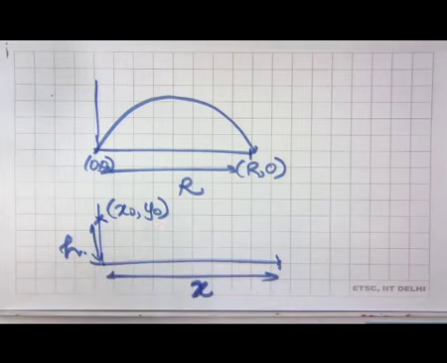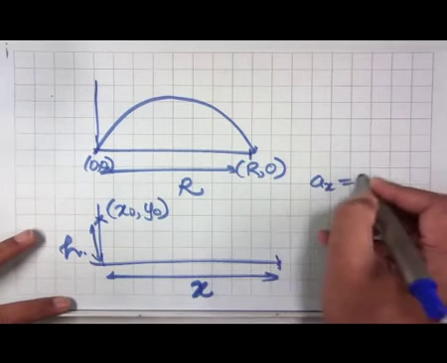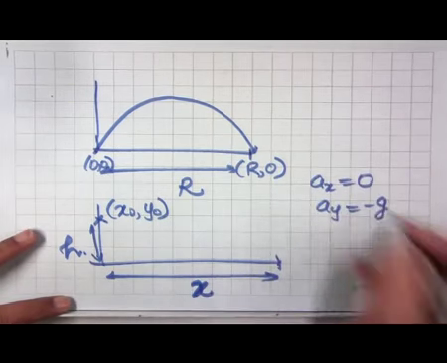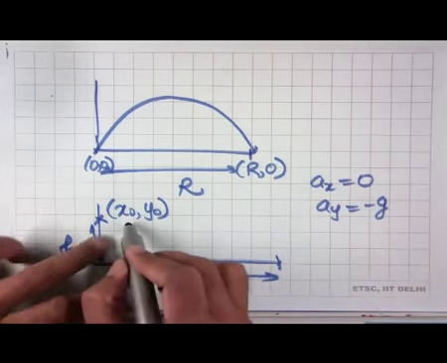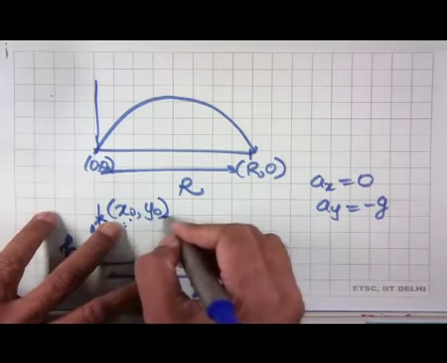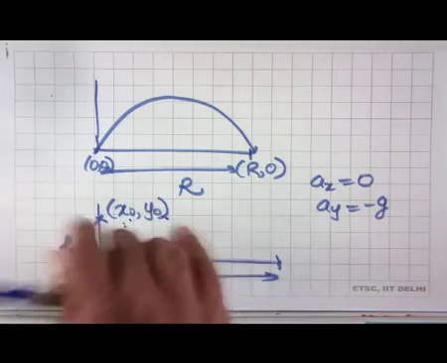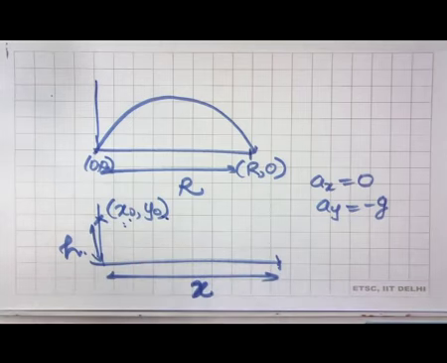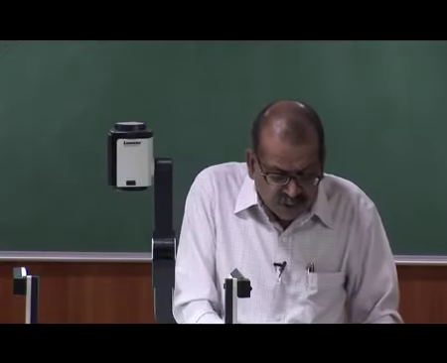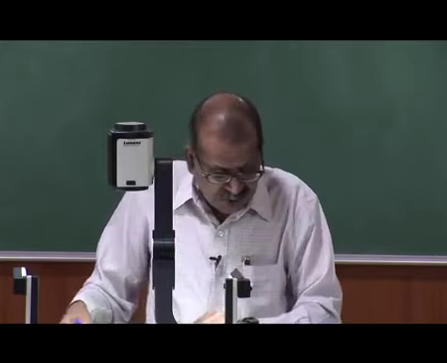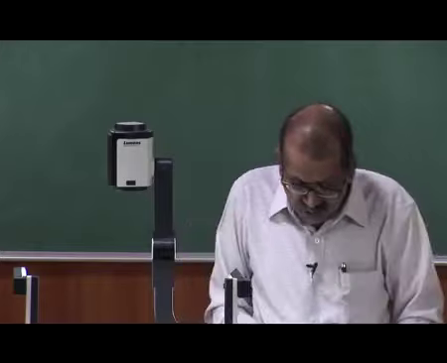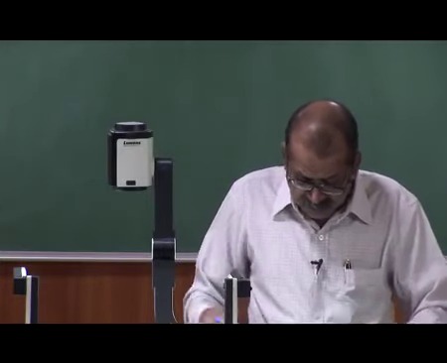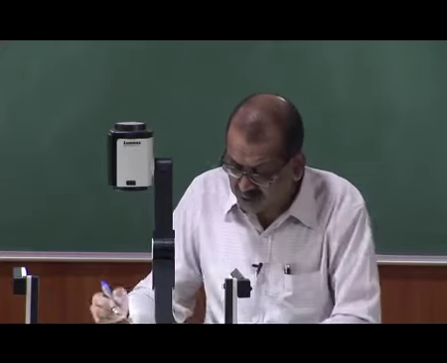So, when we have situations like this, we have to go back to our original equations. We have to see that the acceleration in the x direction is 0, acceleration in the y direction is minus g, and we work out with x0 and y0 not being 0, 0, but being the values what you start with, and then you can work out the different x and y coordinates as a function of time. So, these things should be taken into account. Now, when we look at the formula for range as we have done in this case, then what we see is the formula for range gives us